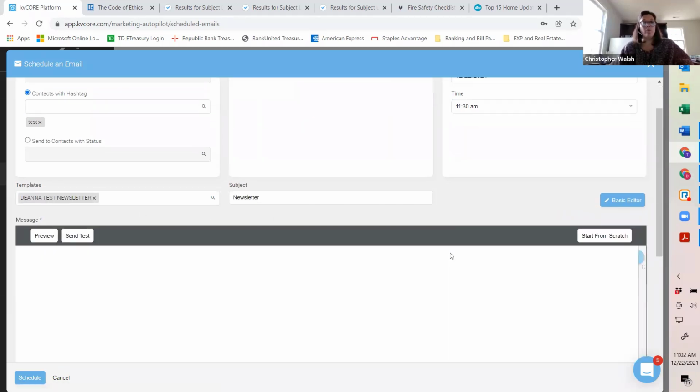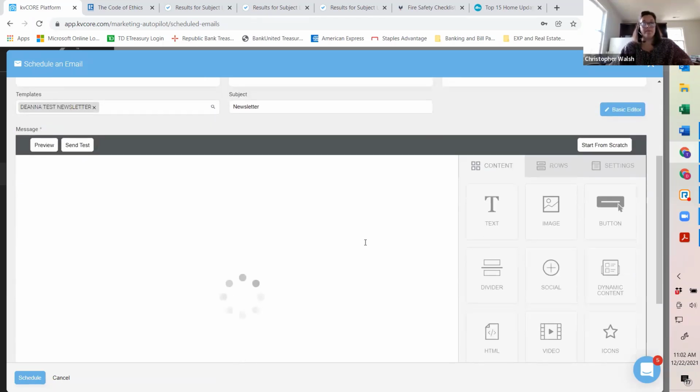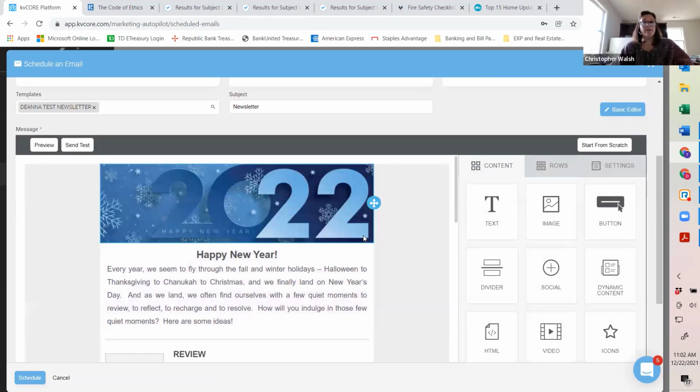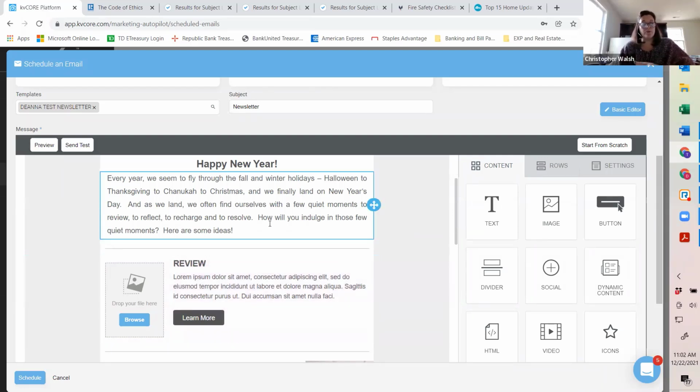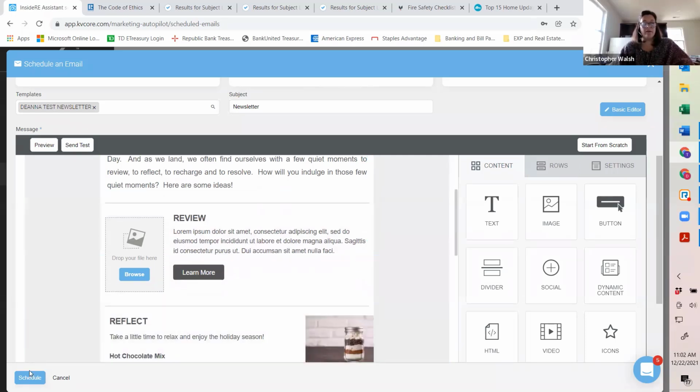You'll see that even one more time, it's going to pull it up for me to view the content. And I can go ahead and make additional edits here, but I don't know for certain that those edits will save back to the template. So anytime that you're doing any customization, I strongly encourage you to do that in the campaign section and then send from here. But if you're going to leverage something that's fully formatted already without making any changes, then feel free to just go directly here, schedule your email, click on the schedule button in the bottom left-hand corner, and